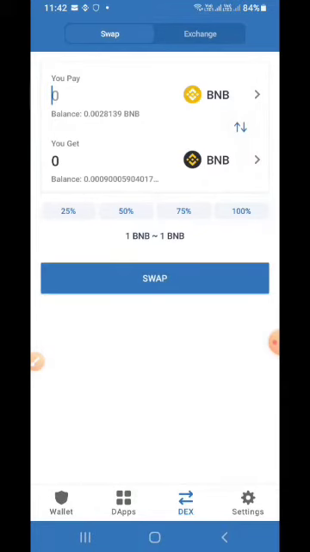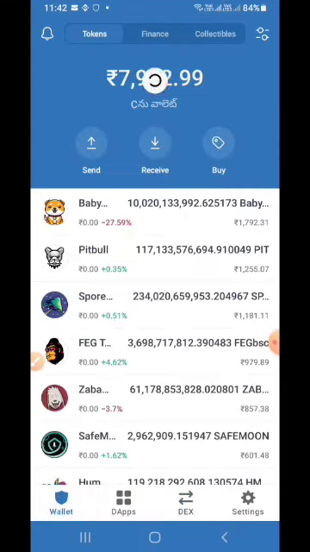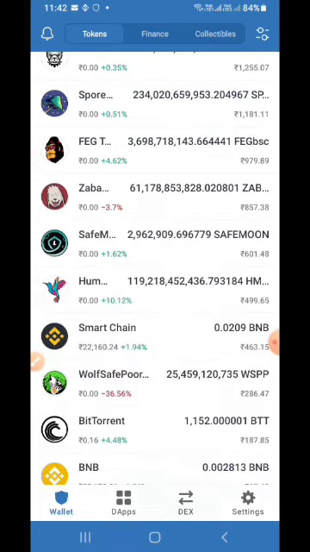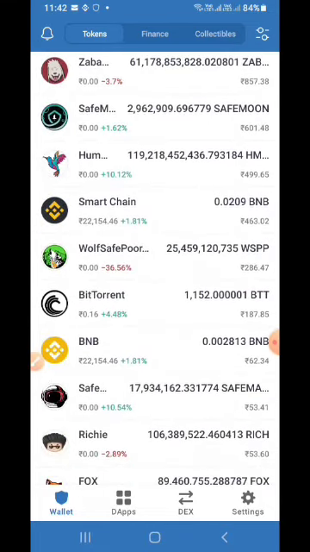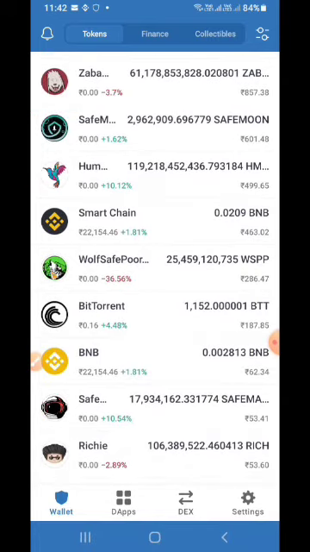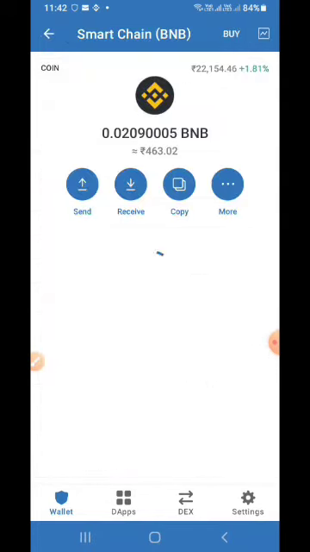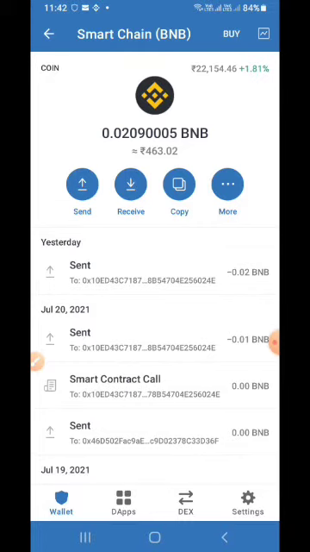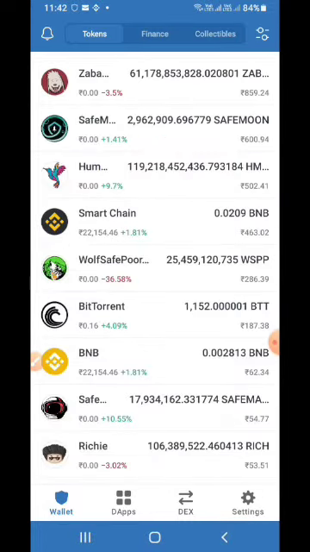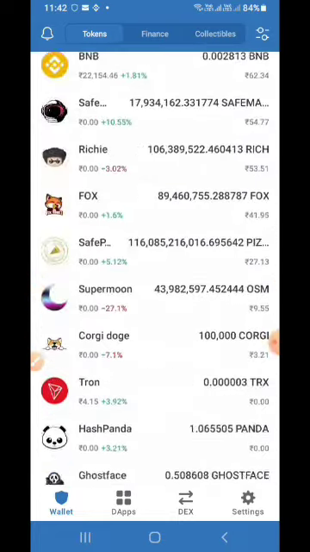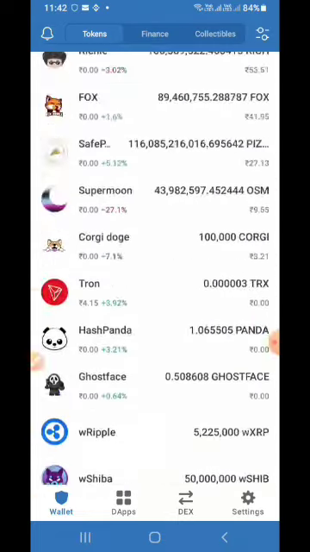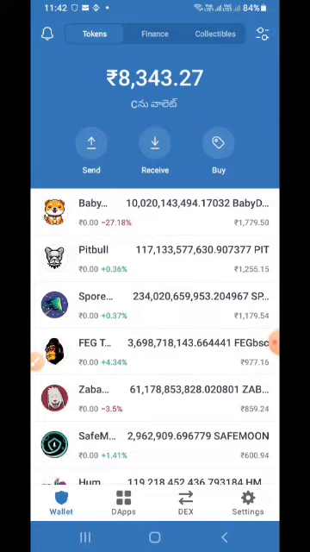Click on wallet. You can check that your value will be updated on Smart Chain. After that, select the token you want to buy and click on the apps.